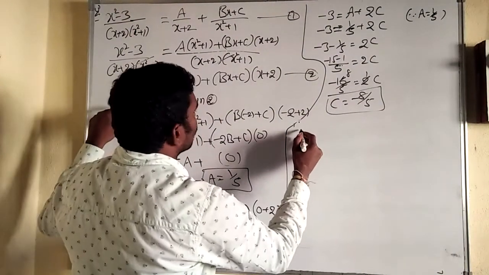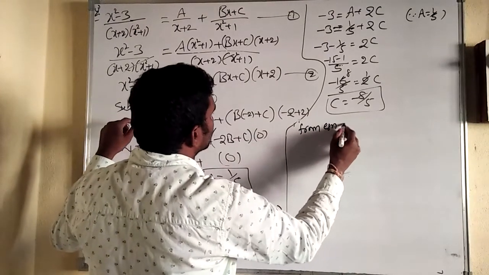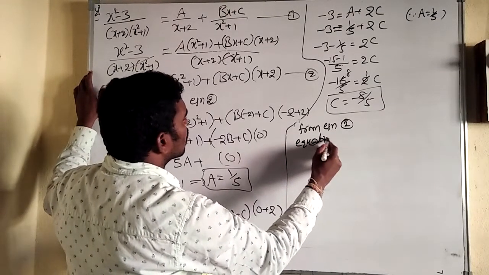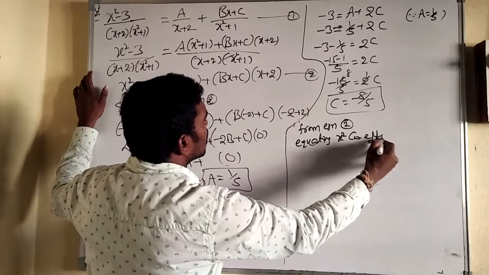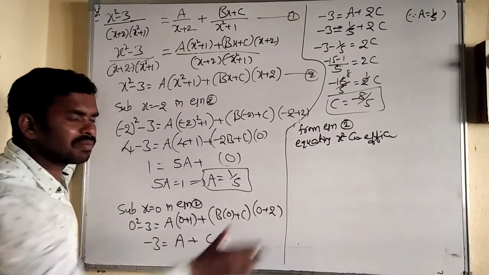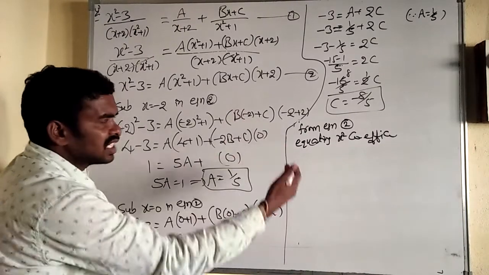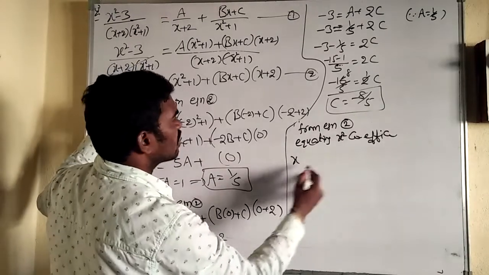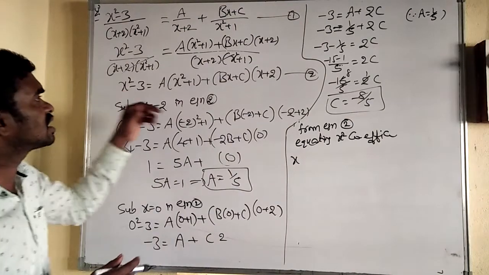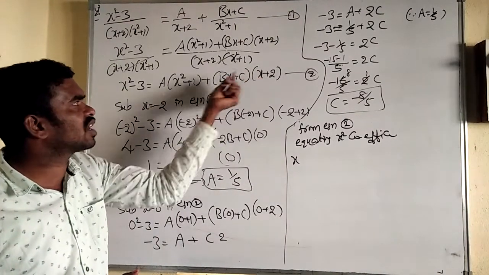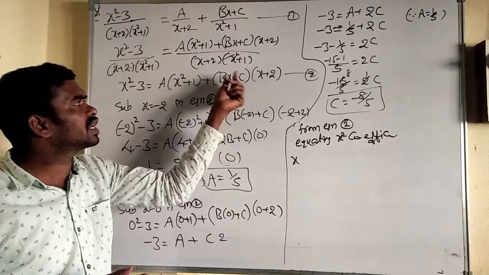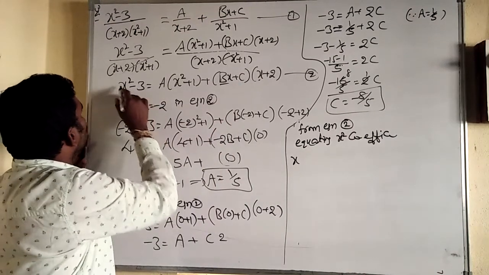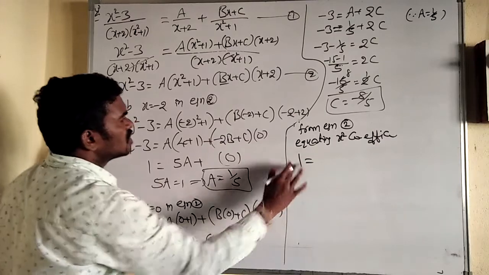So now from equation 2, equating x square coefficient. Okay, you can keep that one, you can maintain the notes, or you can write this also, that is your wish. If you are interested, write two methods. Equating x square coefficients. Why I am equating x square? Because bx term is bx into x, bx square, or bx into 2, bx. In both, x square terms are x coefficient. So bx into x, x square. So here x square coefficient is 1. So 1 equal, simply we can get the answer.